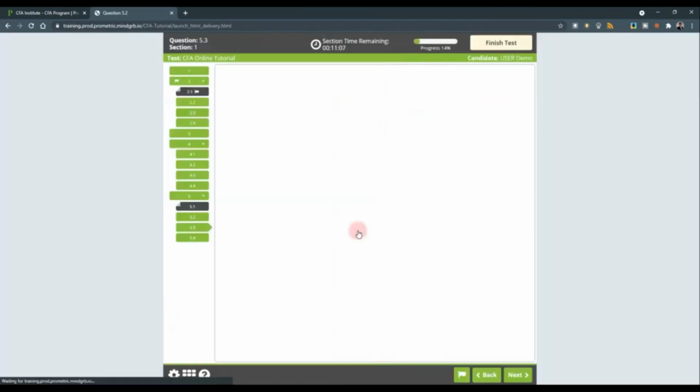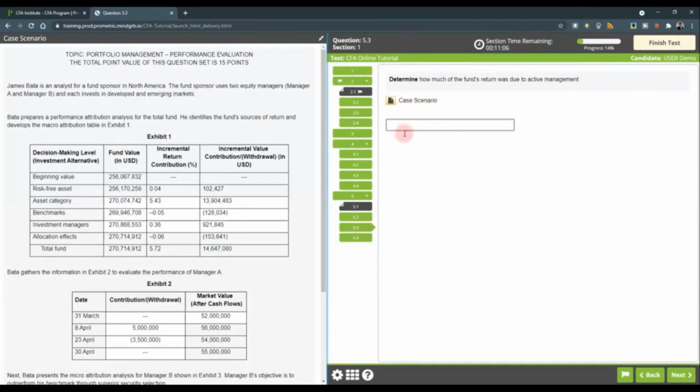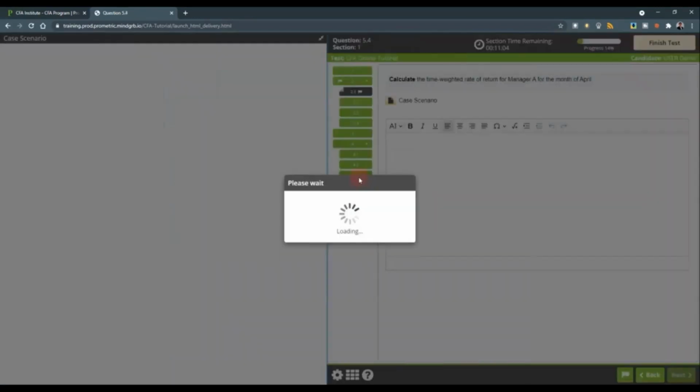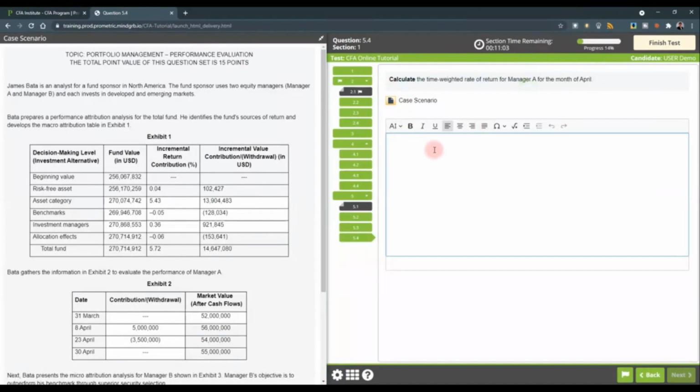Now for 5.3, it's the same thing as well. It's also a fill in the blank. 5.4 is a calculation question, but then there is a free text box here for you to fill in your workings. For calculation based questions, if you get the answer right, you will get full marks. But if your final answer is incorrect, then the examiner will look at your workings, and if your workings are right, then you will get partial credit from that. So that's how it will be for level 3, session 1, the constructed response.